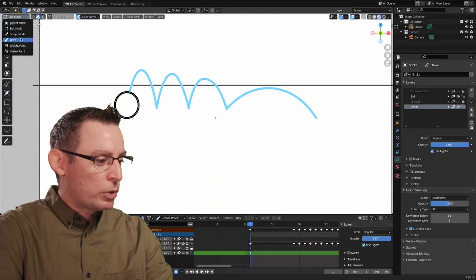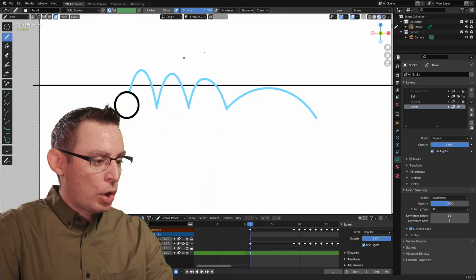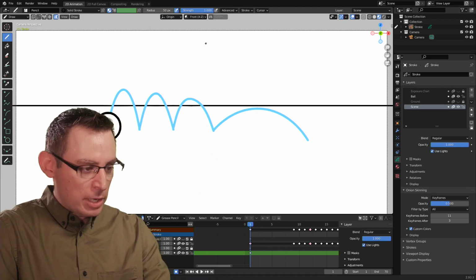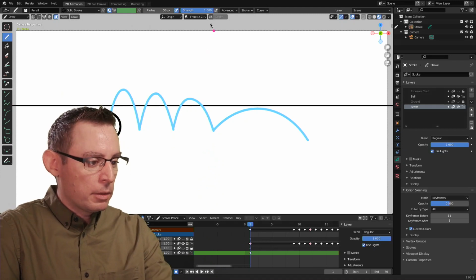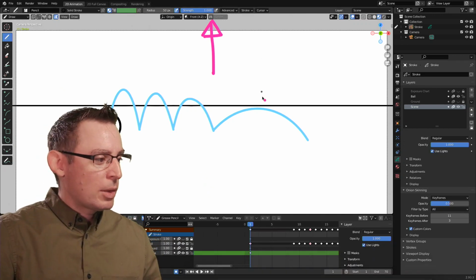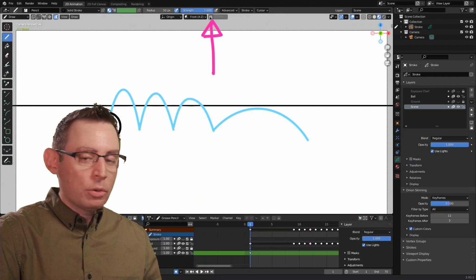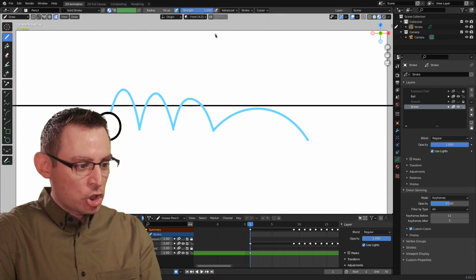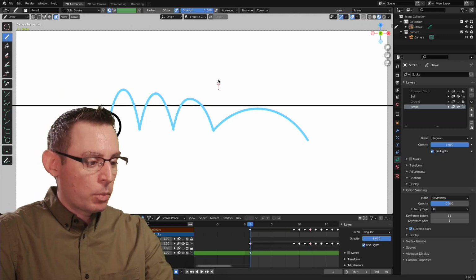In order to work with the drawing guides, you have to be in draw mode. And as one might imagine, we have to activate the tool first. And you can find the Blender guides up here. It's this button inside the interface. There's actually two different things that we need to look at. There's a toggle, which is the first button, and then we have a pull-down menu which will allow us to select and change the type of guide that we're going to use.